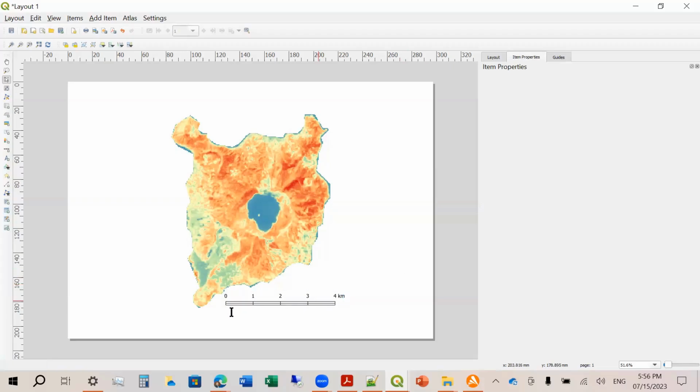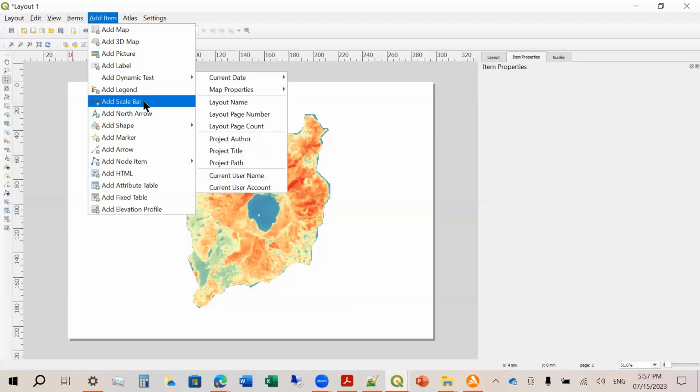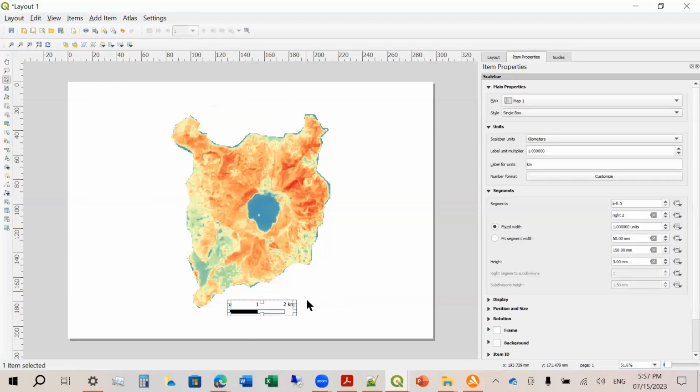The dark blocks disappeared, so let me just add it again. Add scale bar somewhere here. And then set the number of segments to 4. If you want to put the numbers below, that's fine also.